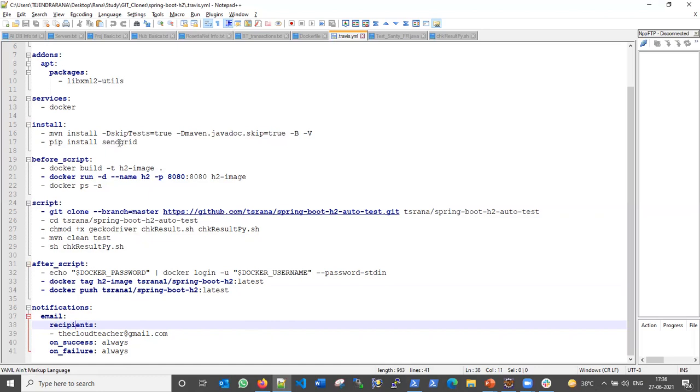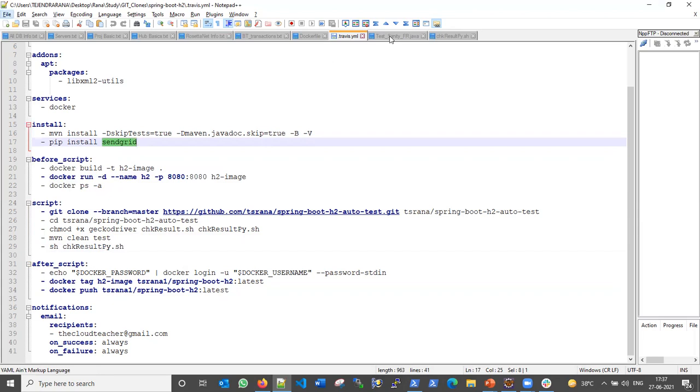That's why I am using SendGrid, so that I can also send the testing report, the test results and everything, to the team as an attachment. If you do not require it, you need not use it.